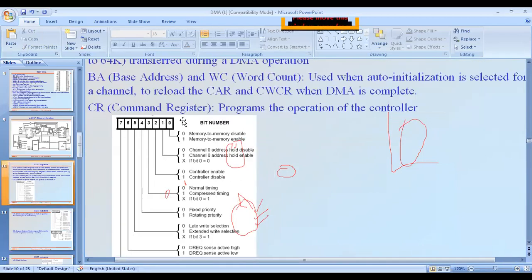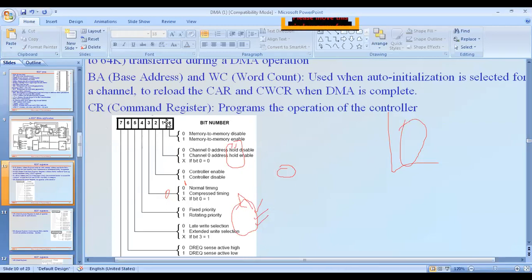So here, this is the 8-bit command register, with bits D0, D1, D2, D3, D4, D5, D6, D7. Suppose the D0 bit equals 0, then memory to memory transfer is disabled.